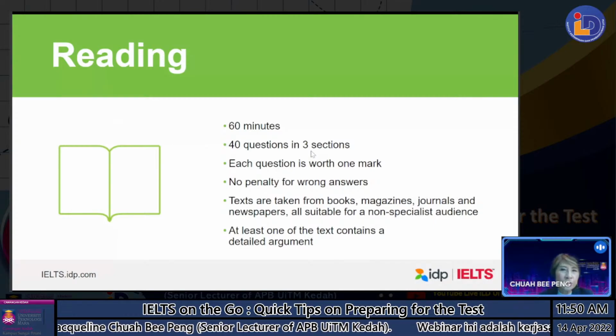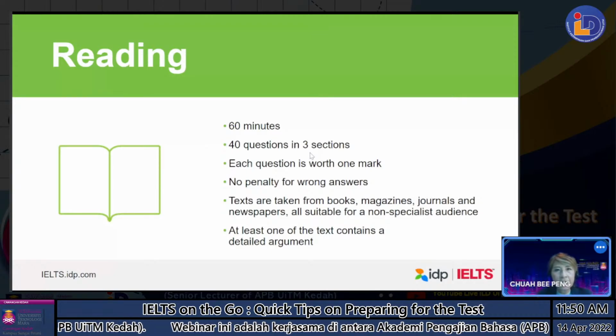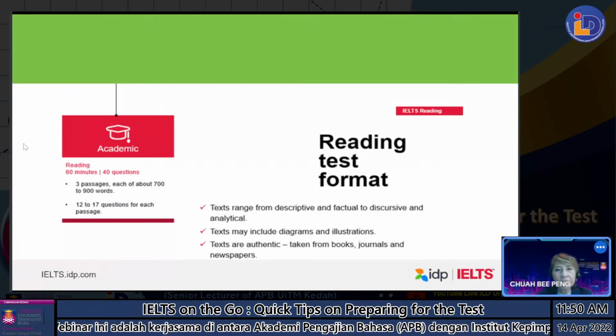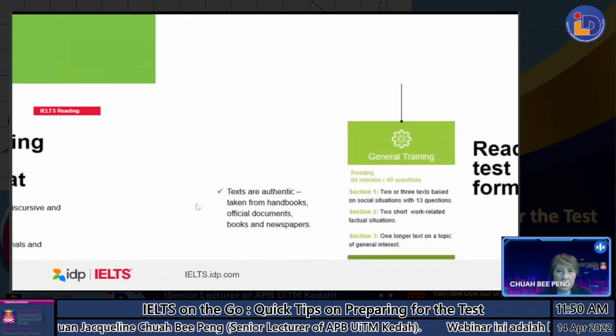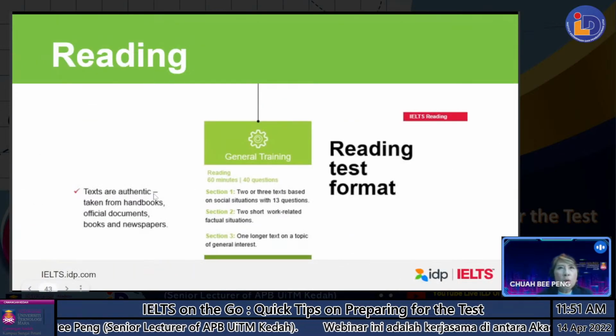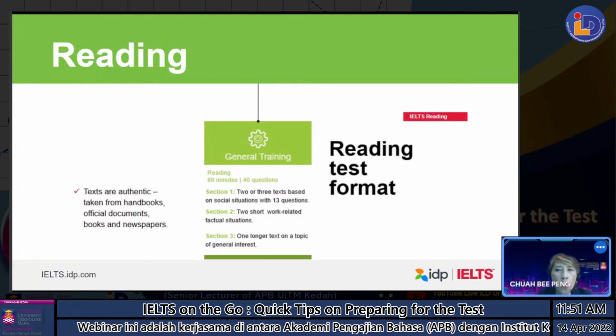So it's high time for you, if you're taking the test, to put yourself in your students' shoes and start doing the comprehension test within the time given, right? And like I said, each text is about 700 to 900 words, long text, 12 to 17 questions for each passage. Not to worry about what text types. Okay, you don't have a choice. Whatever text types that come to you, you just have to answer. So over here, the strategy will be more on how to get information from the text and not to worry about what topic of the test is.